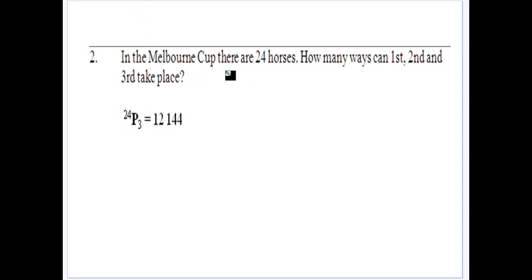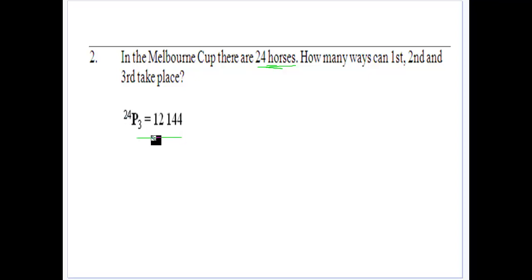So in horse racing, this is how we start to get ideas of how much it will cost you to put a bet on and things like that. Because if you wanted to get a trifecta, for example, in a Melbourne Cup with 24 horses, how many ways can first, second, and third take place? Well, you've got 24 horses in the race, and they have to finish in a particular order, because they have to take first, second, and third. So 24P3 gives us